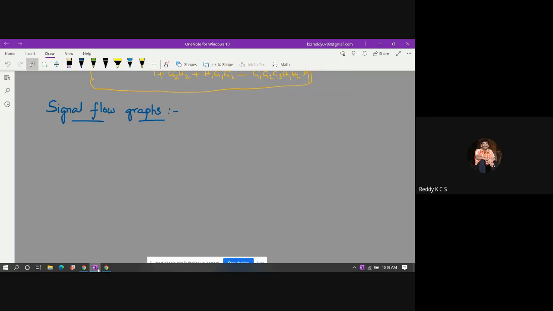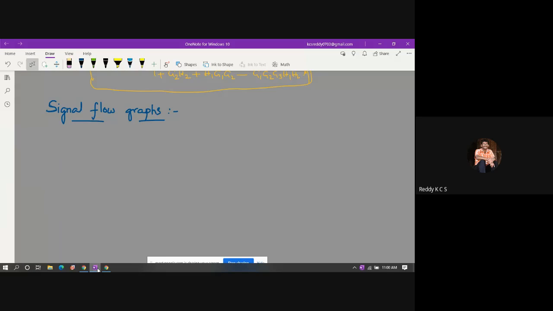In a similar way, any physical system can be represented when we have the set of equations which represent the system. If I know the set of equations, then I can go for representing that physical system in the form of signal flow graphs. So what is the signal flow representation? If I represent, from the set of equations, how the signal flows from one point to another point, then we can say it is a signal flow graph representation.